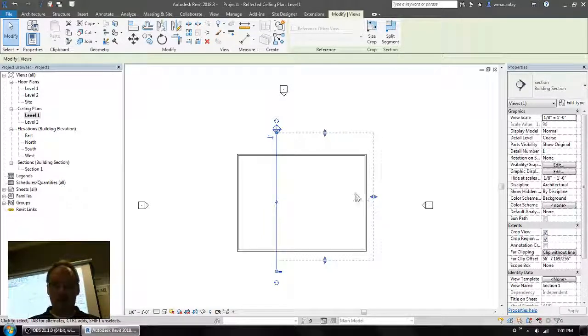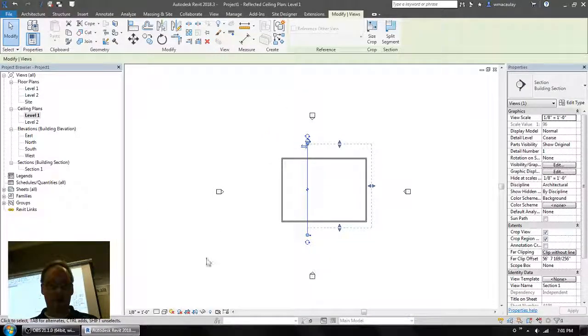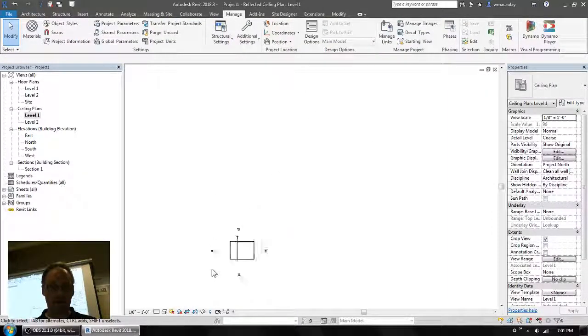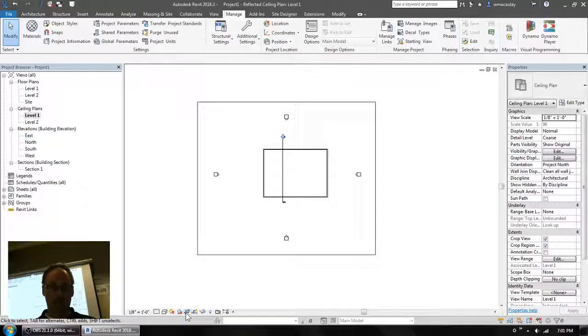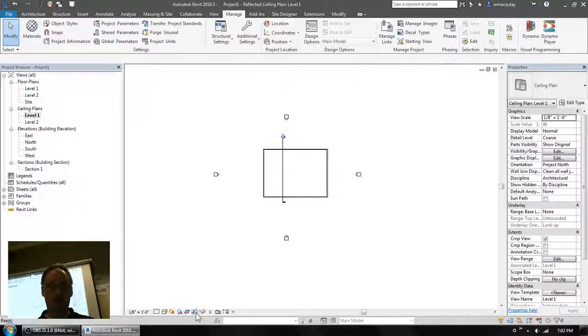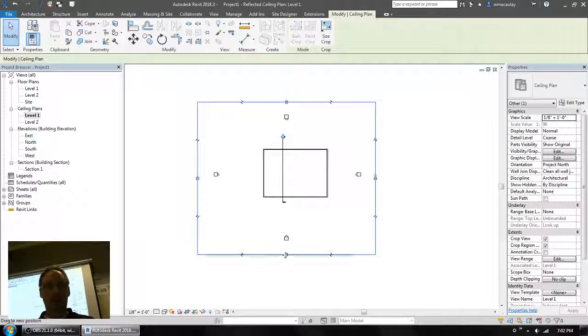Now, every view in Revit of your model has what's called a crop region, if you enable it. So down here on the view control bar, pay attention to these 2 icons right here. This is the crop icon, and then the one next to it is the toggle for whether the crop is shown. So you've got 2 of them here, enabling or disabling the crop and making it visible or hiding it. If it's turned on and it is enabled, you can click on the crop region and drag it into your